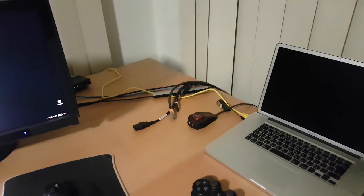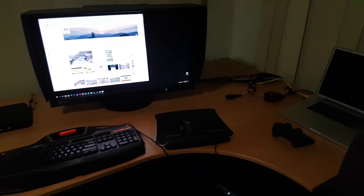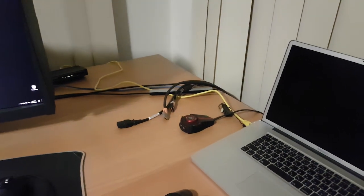Usually there's 2 monitors on here, but at the moment I am testing my old PC that I built back in 2009, to get it up and running so that I can give it away or sell it. And probably sell it for very cheap, like $100 or something, because these days you can probably buy or build something very similar for like $300. Yeah, so that monitor is usually sitting here, and that is a